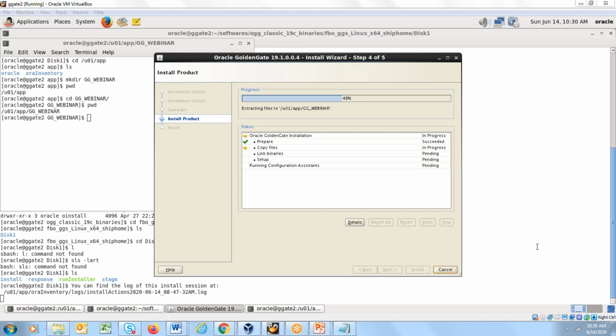Okay, now Brian is asking, presumably you have two databases on same server. Do you need one or two installations of GG? So Brian, that is really a very good question. I appreciate that. But to answer that question, there are multiple answers. First we need to understand the question. If the database version is same, yes, you can use the same Golden Gate. If the database versions are different, in that scenario, you need to have two different installations, because when you install the binaries, it asks which database version you want to use Golden Gate for.